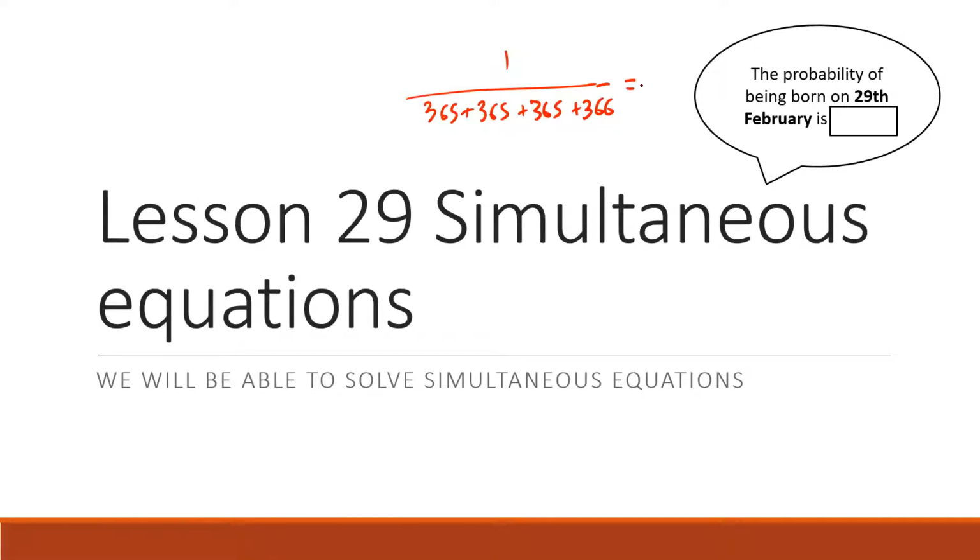That's the total probability, because you have to say, well, what is the probability that out of all the days in a 4-year ratio, you were born on the one day that is a leap year? Not only are you born in a leap year, but you're also born on a leap year day. So that's the probability in total of being born on the 29th of February. Which means the probability comes out to be 1 in 1461, which is going to be about 0.1%.